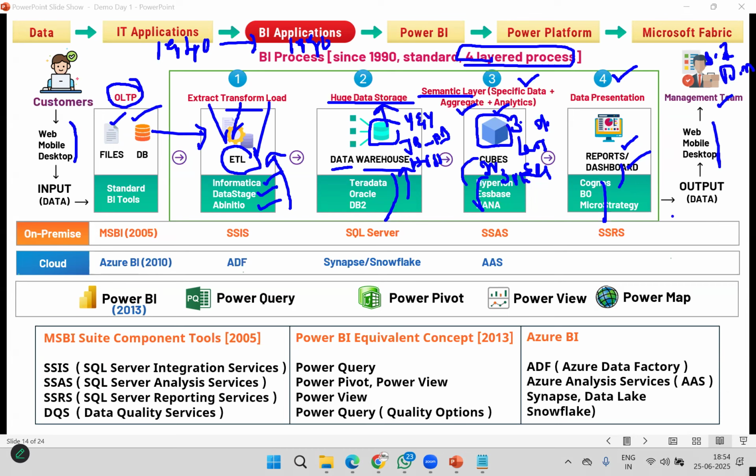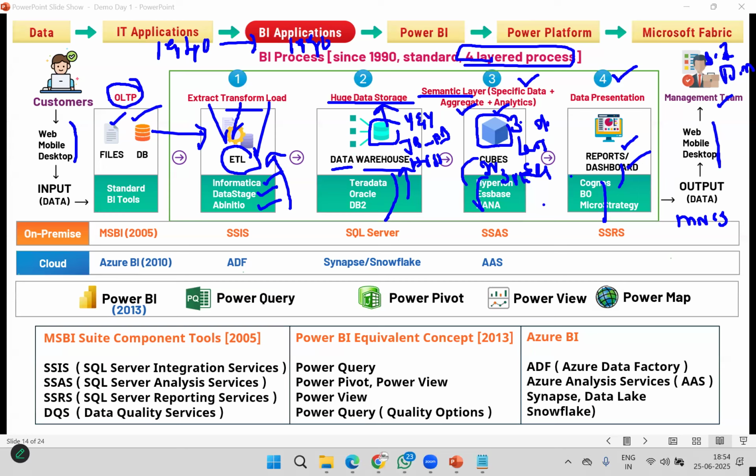MNCs were able to afford this approach because they needed it. Small and medium people were scared to use it. Even MNCs were not happy with this approach because multiple tools, multiple people, and multiple setups were required. So companies asked Microsoft, IBM, and many other organizations, why don't you focus on an end-to-end solution which reduces our cost, burden, and maintenance, everything.